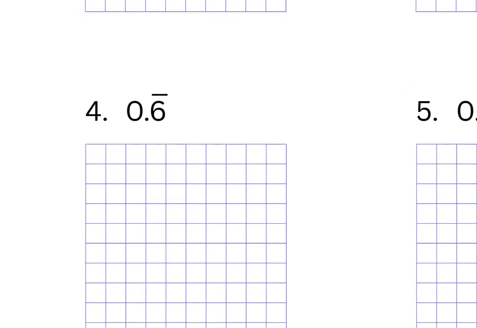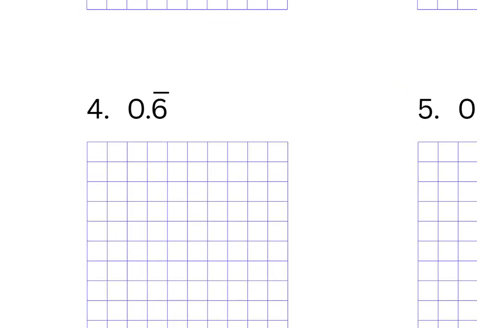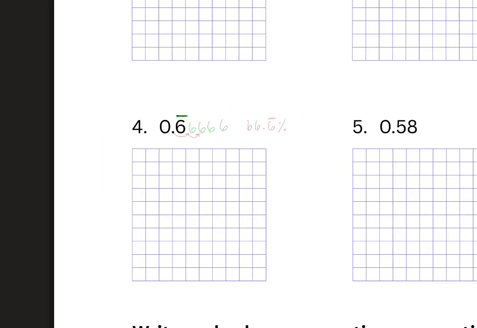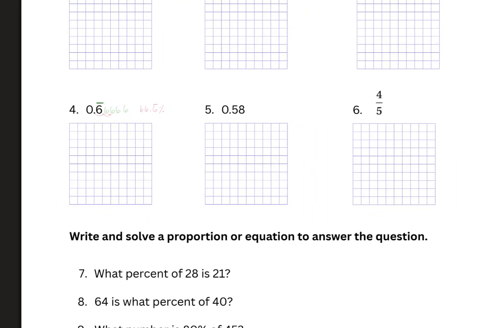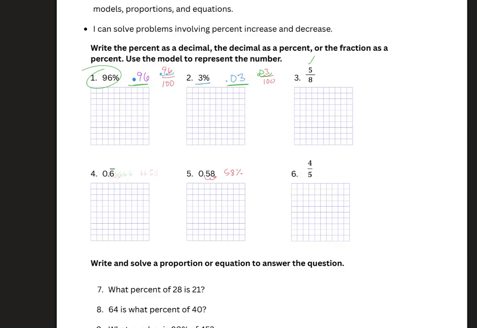So it's essentially going to be this 0.6, this bar means it's repeating, right? So we're going to move it 1, 2 times. 0.6 repeating is 66.6% repeating, like that. And 0.58 is just 58%. And now what we're going to do is visually model these, which is probably the easiest thing we do,